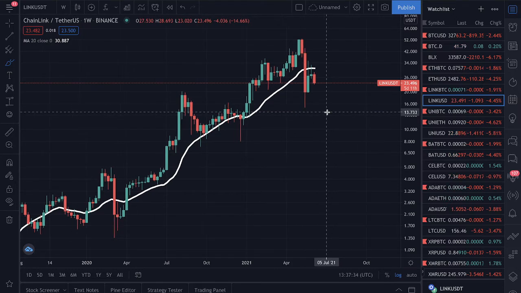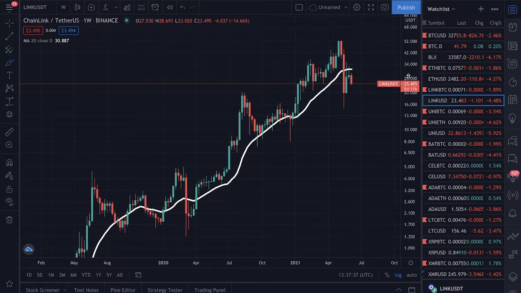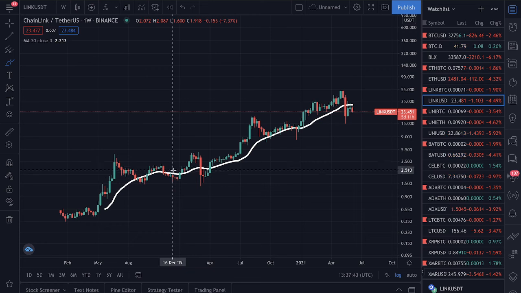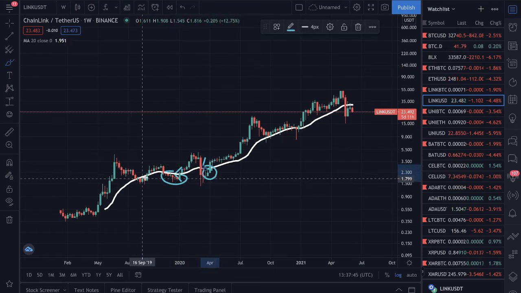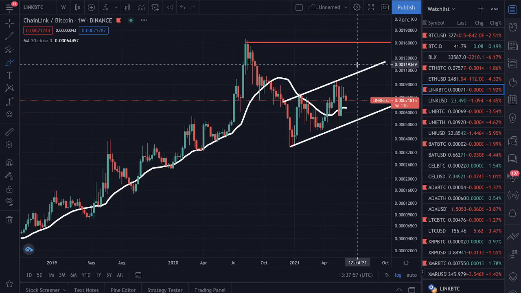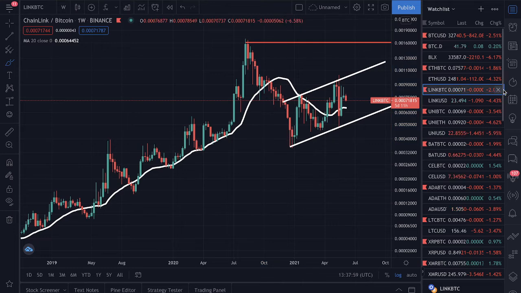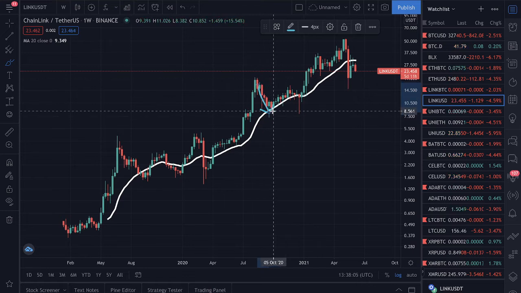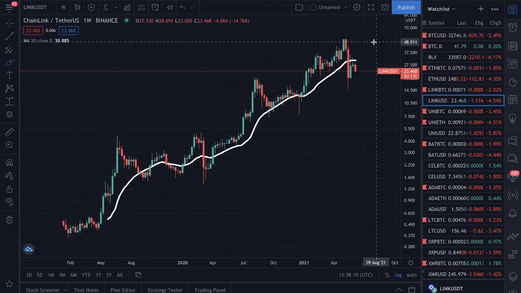I am not yet concerned. If anything, Chainlink below the 20-week moving average over the macro term has proven to be a very good buying opportunity. Now, that might be a very controversial thing to say. I'm sure a lot of people have been burned by Chainlink, especially from the move from the summer, right? This giant bleed here correlates to, I think, this move here when we drop from, yeah, $20 to about $7. Okay, I'm sure a lot of people got burned. But if you held it, you could have sold at $50 just a few months later.